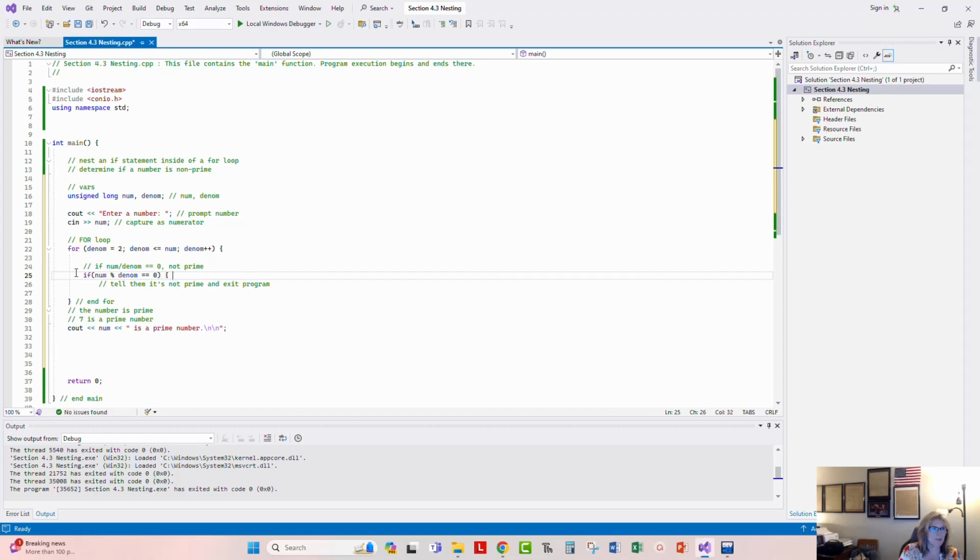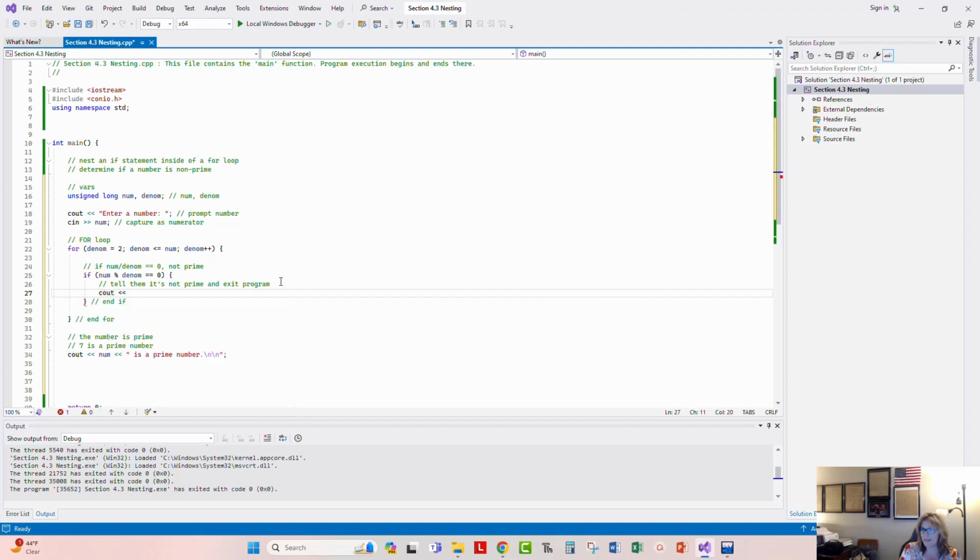So I have my opening curly brace. I'm going to come down in here and put my closing curly brace. I'll say that this is my end if. There is my end for. And inside of my end if, we're going to tell them it's not prime, and then we're going to exit the program. So I probably want to tell them something like,